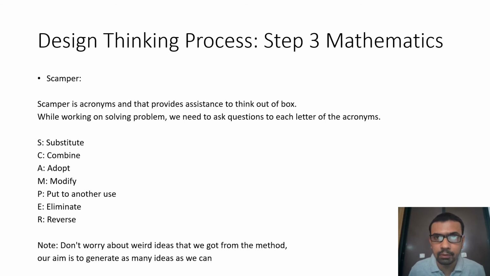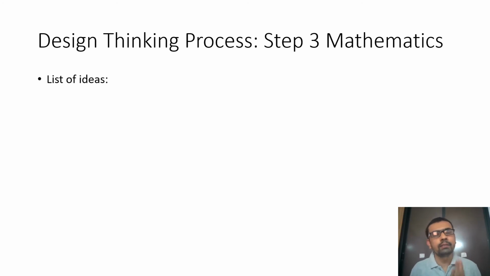Maybe we'll take an example of SCAMPER. We need to think about the questions on each of the acronyms, so it will take time. It is not an easy thing. We'll have maybe 100 or 200 solutions, but we need to choose some of them. So we need to eliminate, we need to reverse. This will take time, but this will give you immense out-of-the-box ideas from everybody doing this activity.